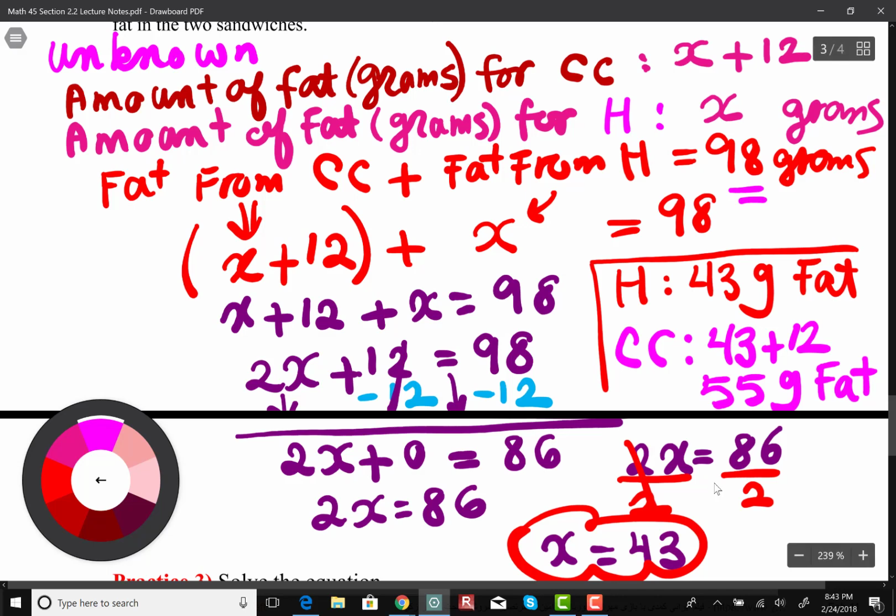So you have to say happy hamburger has 43 grams of fat. A chunky cheeseburger has 55 grams of fat. Don't give the answer as X. Just write it down in phrases. Okay, so